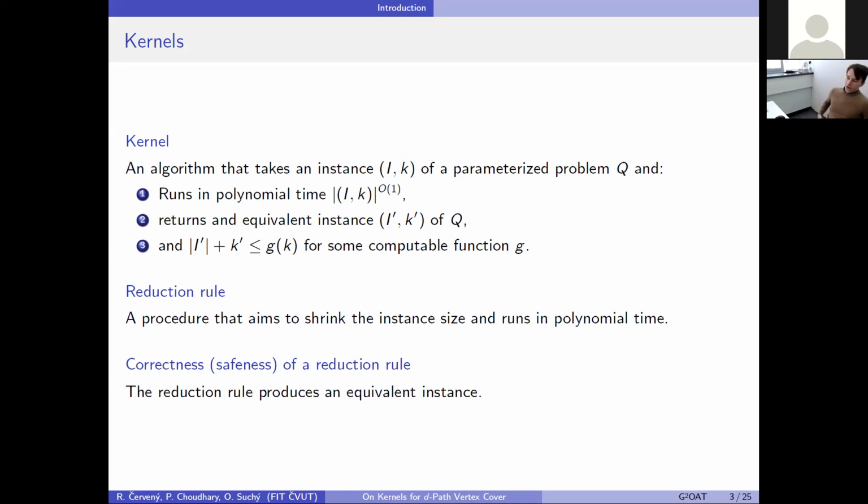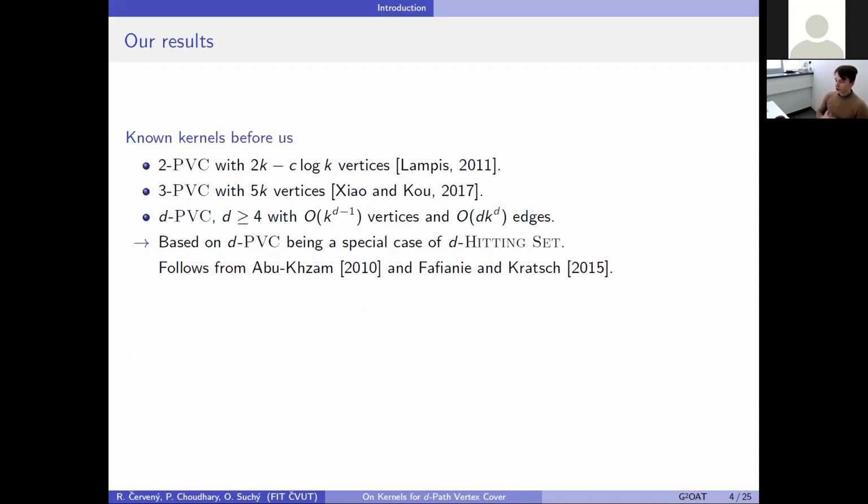And we will be talking about the correctness of such reduction rules. Correctness, or in the literature also safeness, means that the reduction rule produces an equivalent instance, and that's what we need to prove. We will give some set of reduction rules, and we will prove that they are correct, and that they indeed run in polynomial time, and then we will be done. So this is briefly about kernels. And